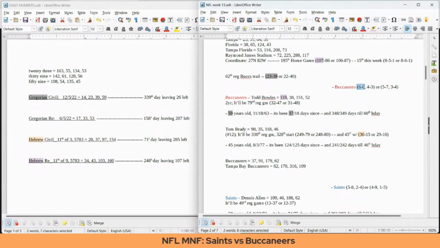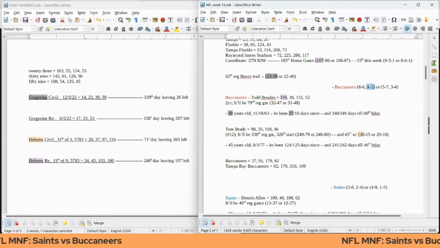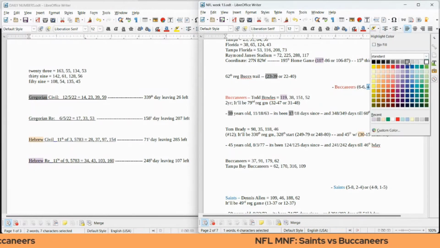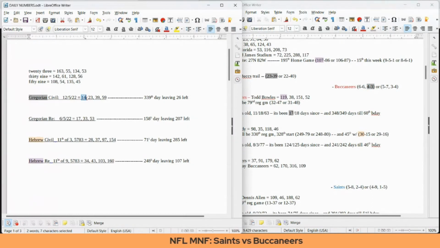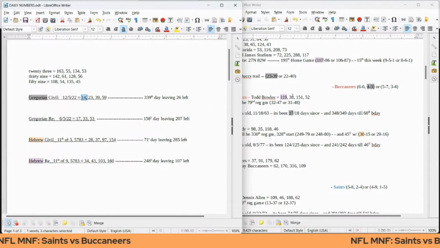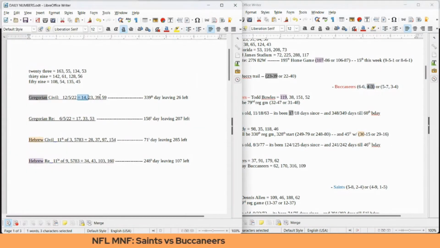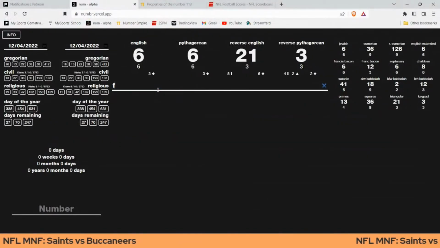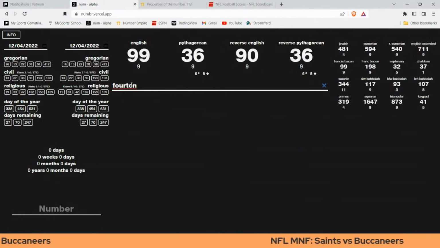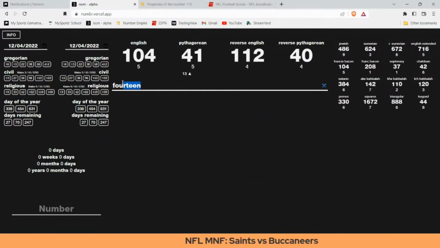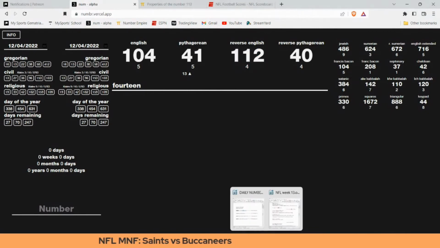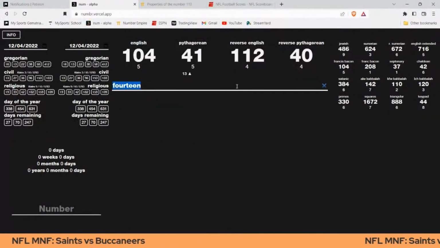Buccaneers could become 6-6 for a season record with a win. They could become 4-3 at home for this season. This day will have 14 date numerology on the Gregorian. I think we just found our 112 connection potentially. Buccaneers could become 4-3 at home for the season with the win. 43, the 14th prime number. If you spell out the number 14, if you spell it correctly, 14 written out sums to 112. And I just showed you that 112.